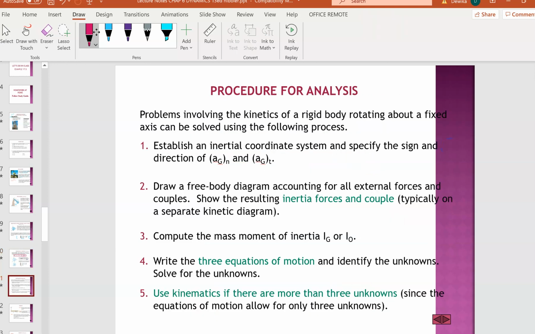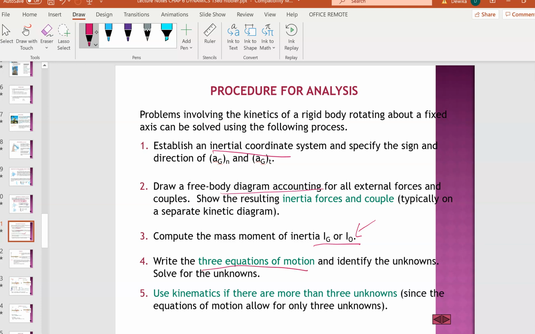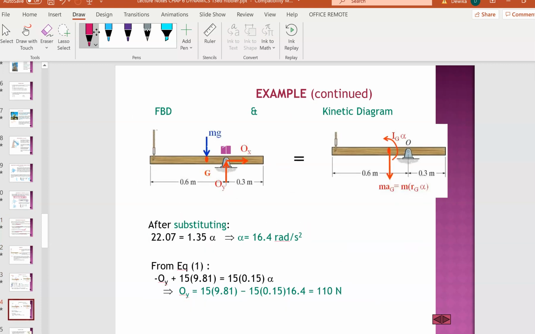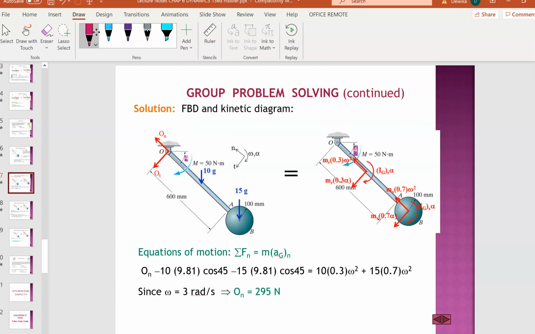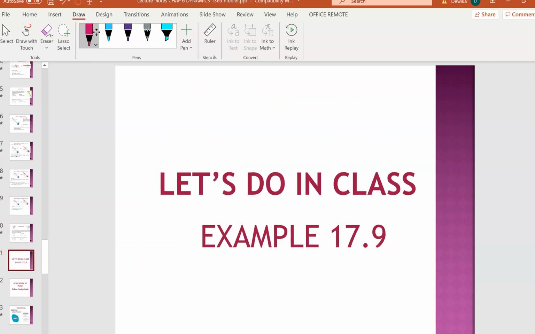The procedure for analysis, as usual: you establish your coordinate system, then draw the free body diagram to show the forces and also the movement, and then you compute the mass and your I_G and I_O. Sometimes they give you the radius of gyration, so it's a bit easier. Next you write your three equations of motion: Fx, Fy, and moment, or sometimes Fn, Ft, and moment, depending on the question itself. Then you use your kinematics to find the unknowns. This is an example in the slides which I'm going to skip. I'm going into example